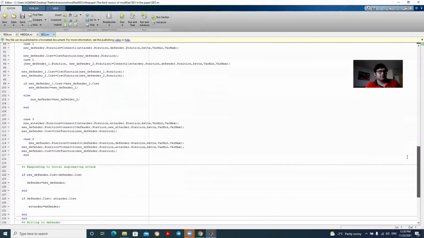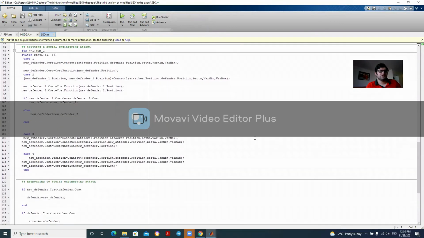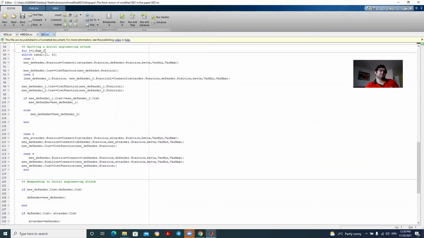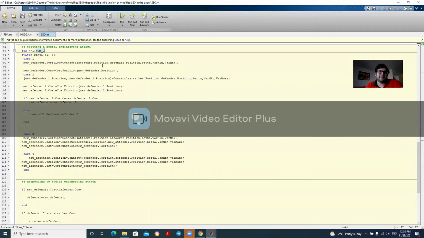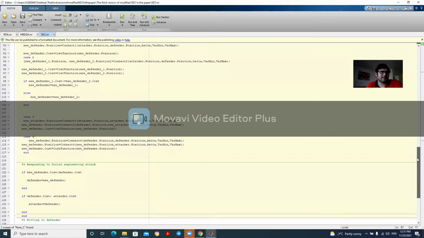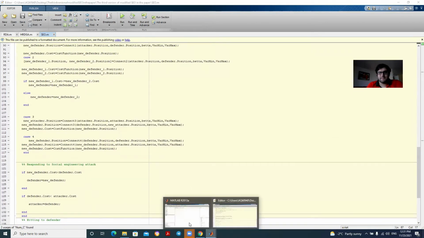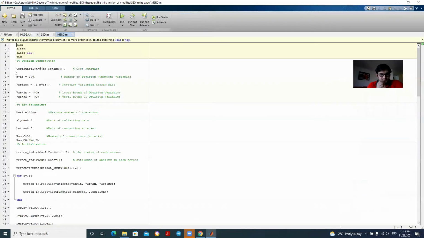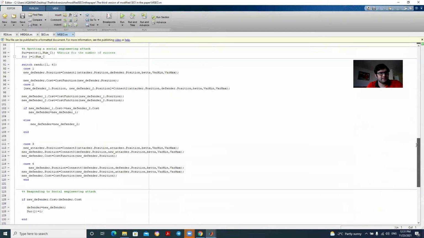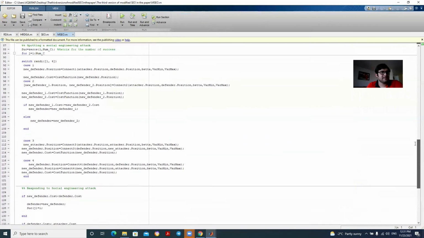So for the social engineering, these are the social engineering attacks, where the number of attacks per iteration is a fixed value. And we can see that the social engineering rules are provided, and then the social engineering texts are done. In the modified version, as given in the